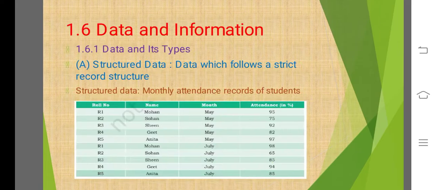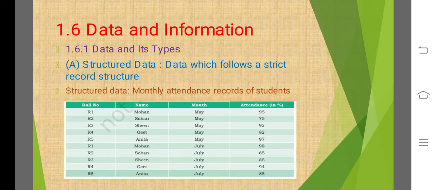Okay, now let's move to the next point: data, information and its types. Data structures. Data and its types. This is the first point. A computer primarily processes data. A computer system considers everything as data to be processed, like pictures, songs, videos. Data and its type means what type of data we want to give as input and what type of data we want to receive as output.